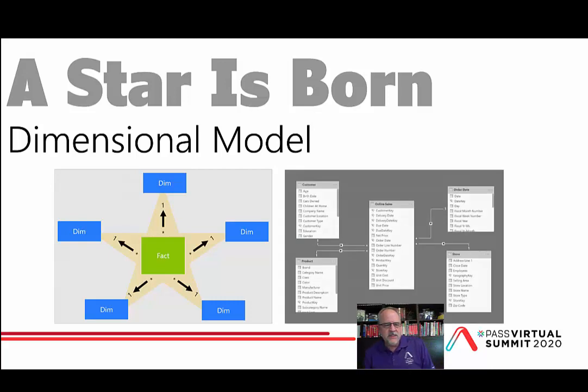And in the real world, this is what a dimensional model might look like, surrounding, in this case, the online sales fact table. Now, a data model can have lots of facts. It could just be online sales, but it could be store sales. It could be inventory. Could be all kinds of things.